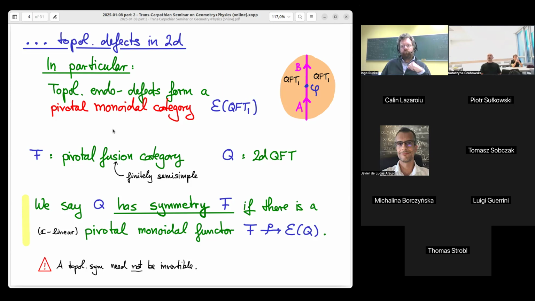But if you think of them as generalizing group elements, then of course you could have continuous parameters. Are you going to talk about discrete defects only, or the problems with the continuous ones? I will only talk about discrete ones just in the next line. So at this point, indeed, I'd be allowed to have continuous ones. So this could be labeled by just a Lie group, for example. Right? So then I still get a pivotal monoidal category because I'm not giving it much structure. It just says a composition rule.